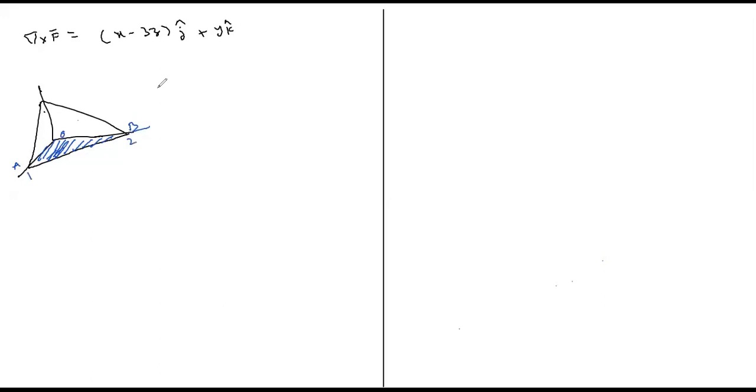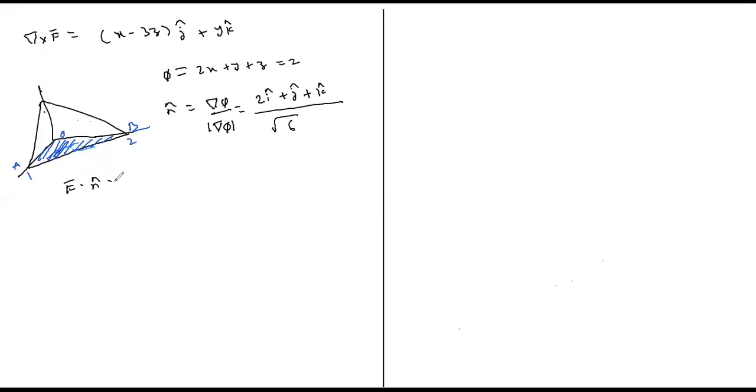And what is n bar? Because phi is 2x plus y plus z equal to 2, n cap is del phi by mod del phi equal to 2i bar plus j bar plus k bar. Under root of its magnitude is 4 plus 1 plus 1 is 6. So what is f bar dot n bar?